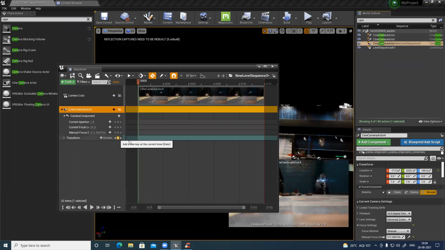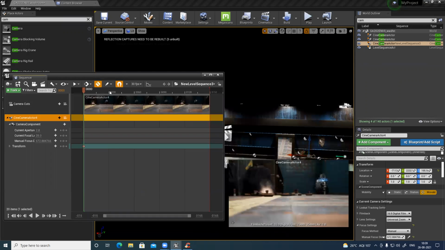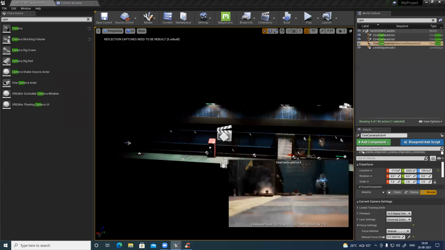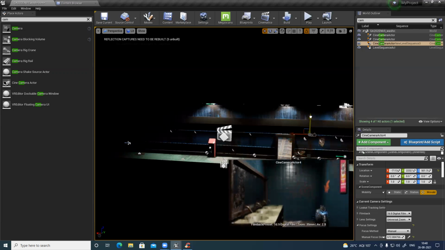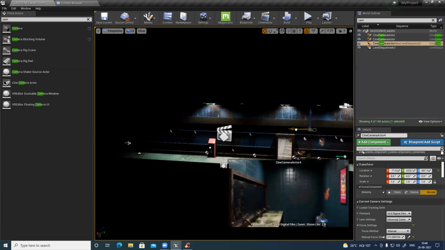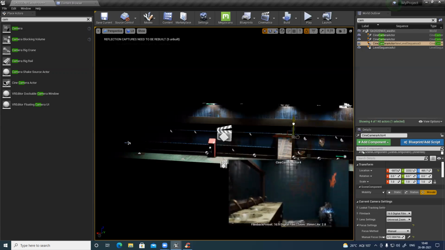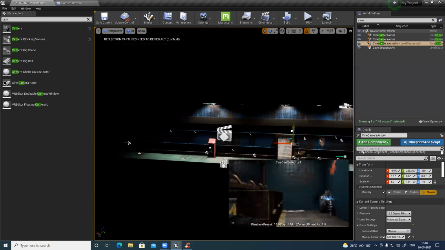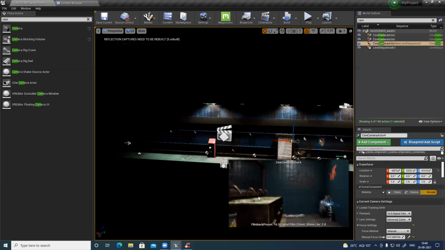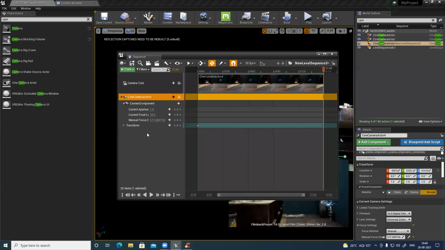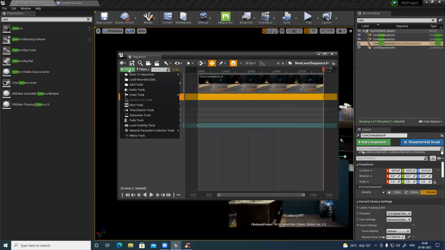So here again, I'll do the same thing, transformation. I'll just add a key and move to the last frame. These are small cut shots. And now move it, and slightly I can zoom. So here I can see everything is out of focus. So if I want, I can add tracking for focal length and everything here.